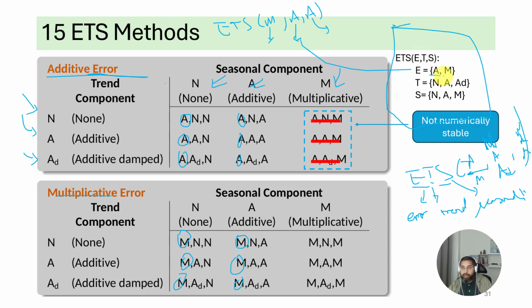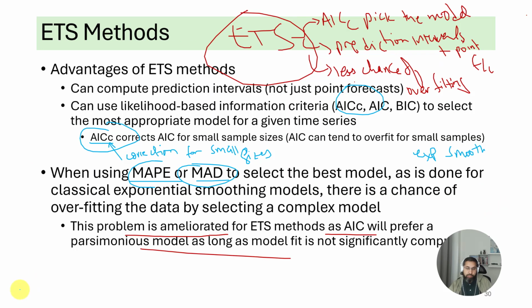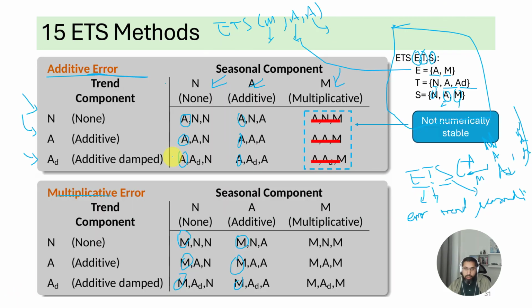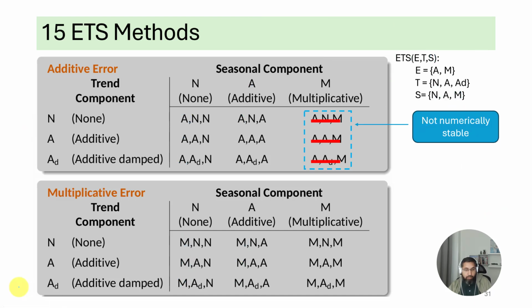So these A and M are the options for the error term. N, A, and AD are the options for the trend part, and N, no trend, additive trend, or multiplicative, no seasonality, additive seasonality, and multiplicative seasonality are the options for the seasonality part. Okay, and so you get 9 and 9, 18 models. However, of the 18 models, these 3 models with additive error but multiplicative seasonality are not used, are not recommended